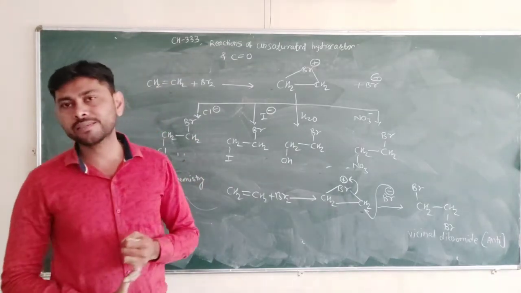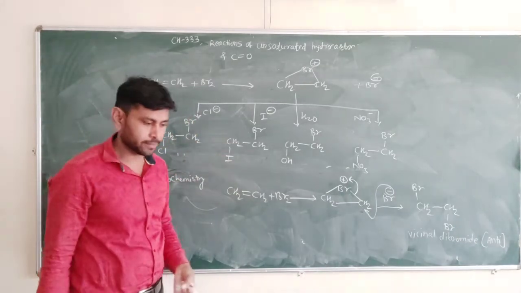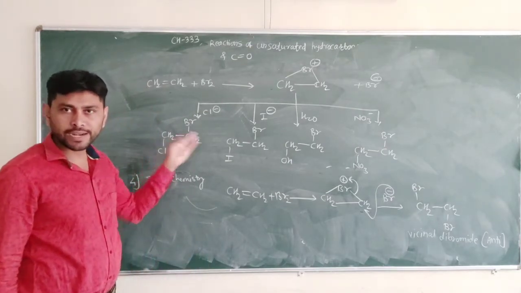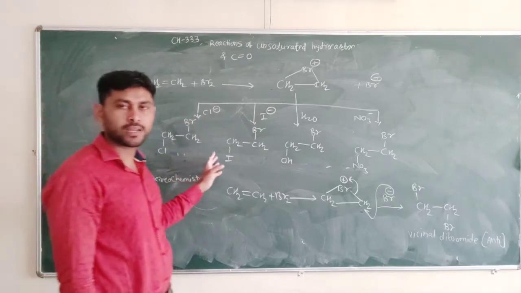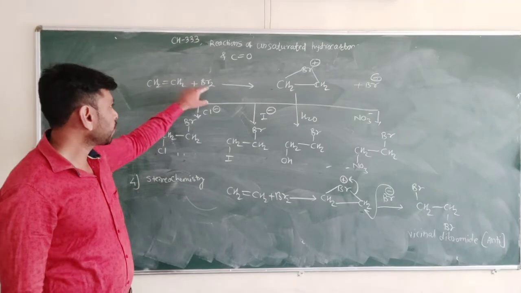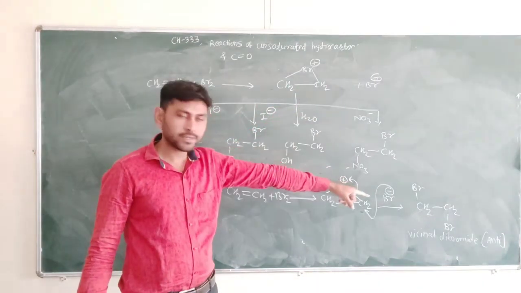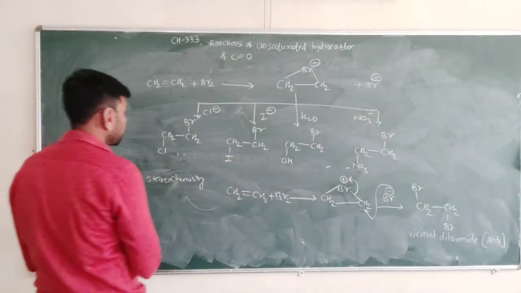Such as kinetics; second, the effect of structure of alkene; third, the effect of added nucleophile; and fourth, the stereochemistry. So all these points support this mechanism. According to this, the addition of halogen takes place via this halonium ion, and addition is an anti-addition. Okay, so this is all about the halogenation reaction.